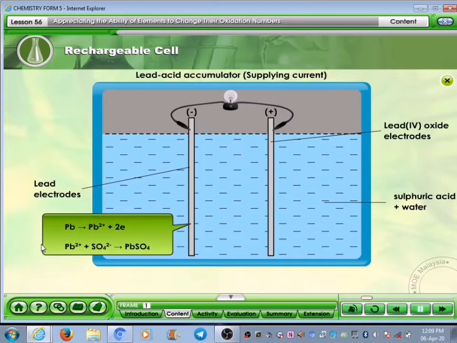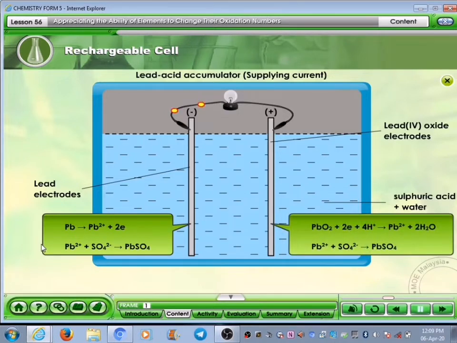When the battery is supplying current, each lead atom loses 2 electrons and is itself oxidized to lead(II) ion at the negative terminal. The lead(II) ion then combines with the sulfate ion to form an insoluble lead(II) sulfate. Thus, lead underwent a change in the oxidation number from 0 to +2,